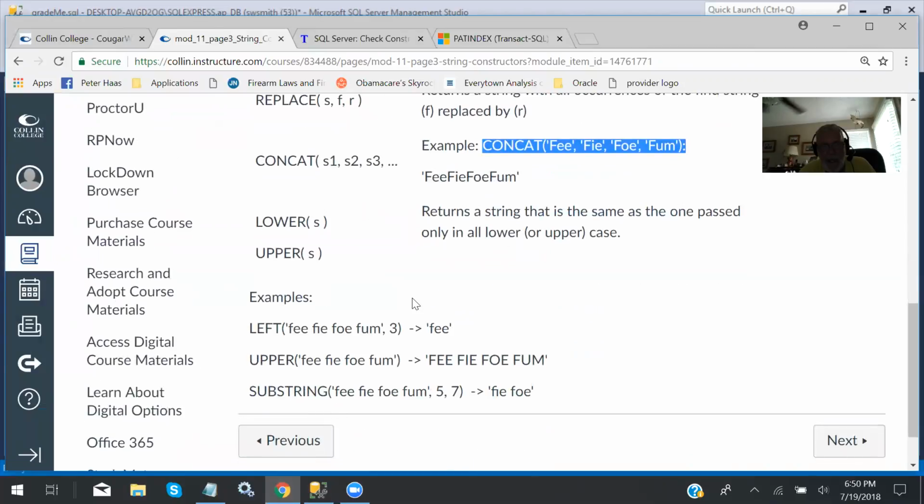Lower and upper: lower returns a string, the same one passed in, only in all lowercase, and upper returns the same string only in uppercase. If it's not a letter of the alphabet, it doesn't do anything to it. So for example, if I said upper,